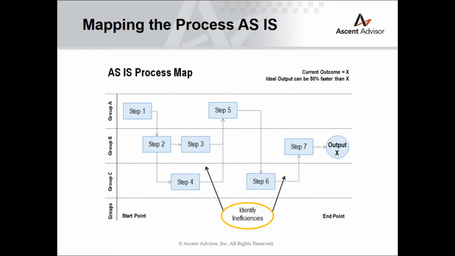Once we have measured the process variance and identified the ideal output, then we can start working with a cross-functional group of individuals who have practical hands-on experience working on the current process to map it out. The group represents subject matter experts in the process itself. They work in it day in and day out. Their task is to map the current process as is.